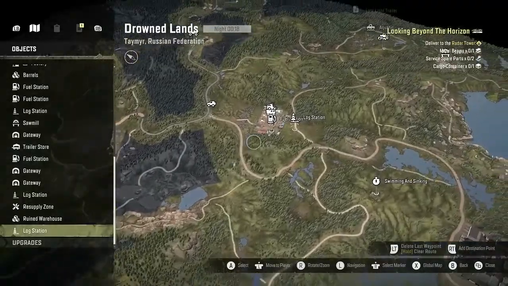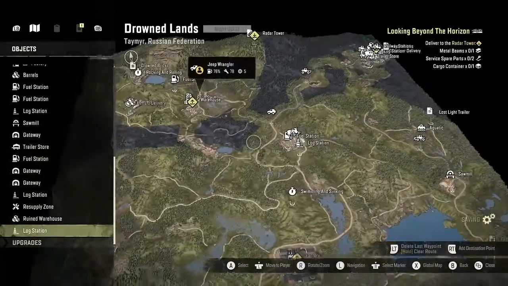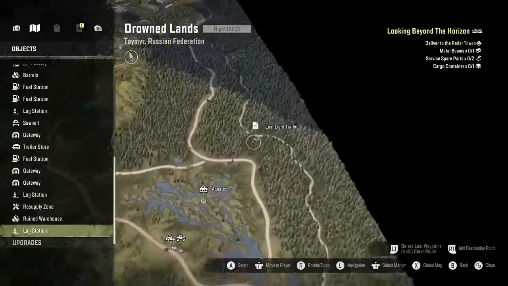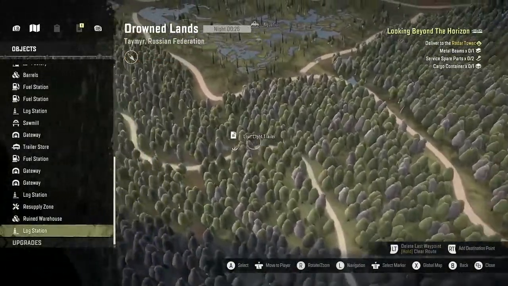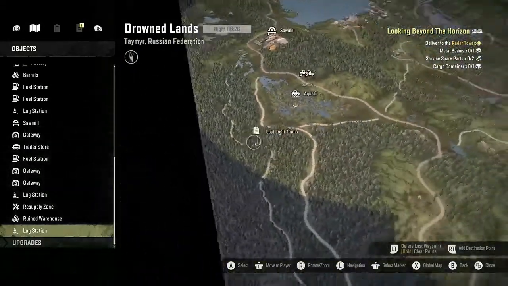Alright, so we're going to get him over here, get repaired up, and then we will eventually take him over here to get the lost light trailer. Over there. Take him right straight through there, and the trailer is around here somewhere. Oh, right there it is. So pick up that lost light trailer and see what it can do about delivering that. But first,